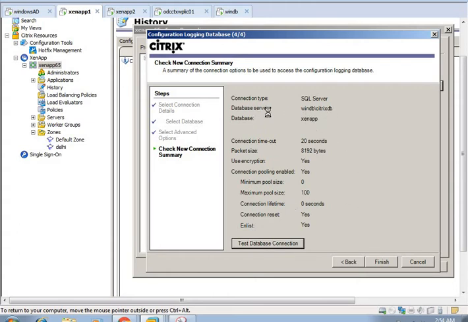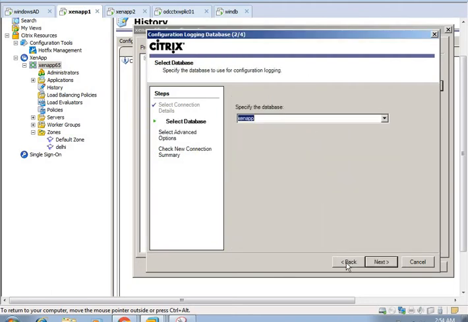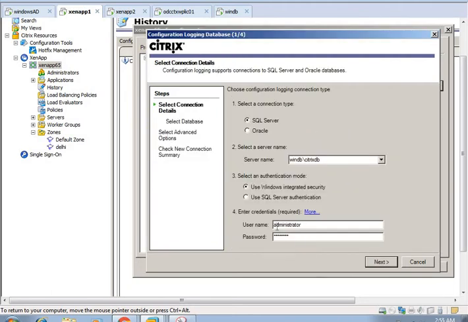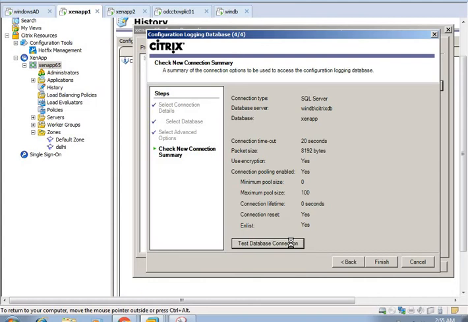Once I provided the correct database server, it automatically replicates with the server and shows the database list. Again, it's showing username, password incorrect. Complete the ID and password, and then test the connection.